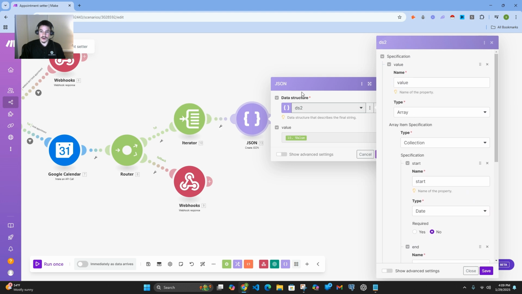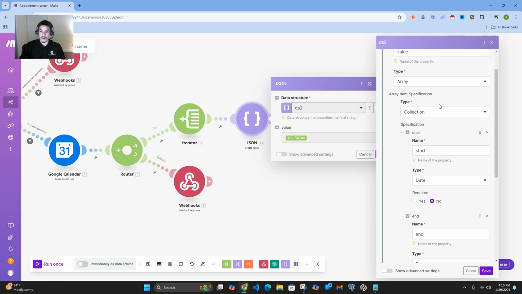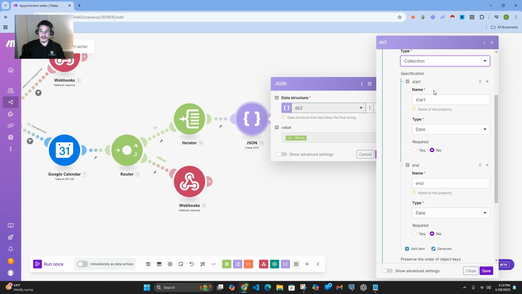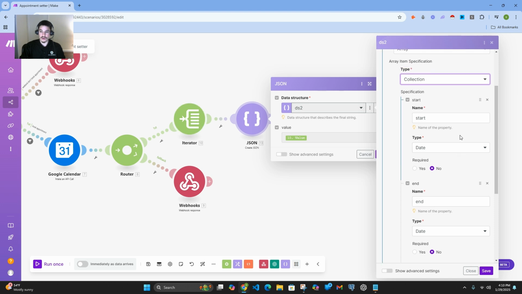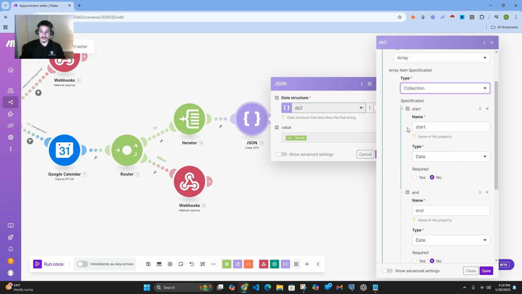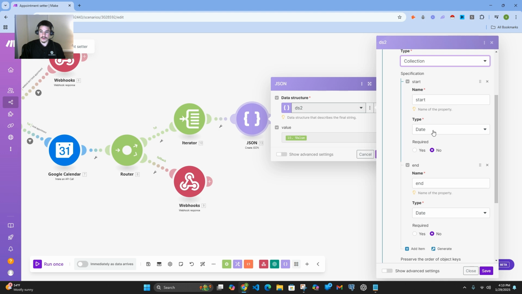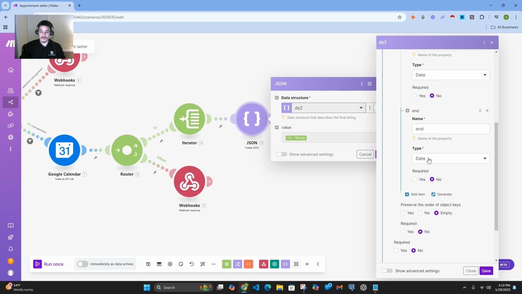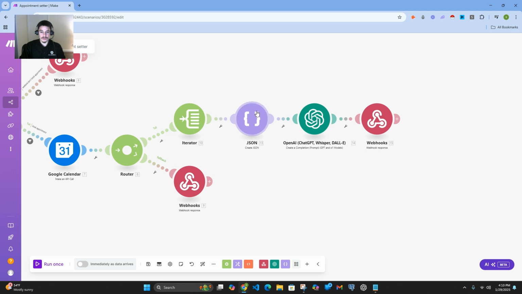Type is going to be an array, and the type is going to be a collection. And the start time, this is what we want from each of these items. We want to extract the start time, which is going to be a date, and the end time, which is also going to be a date. Once we extract those